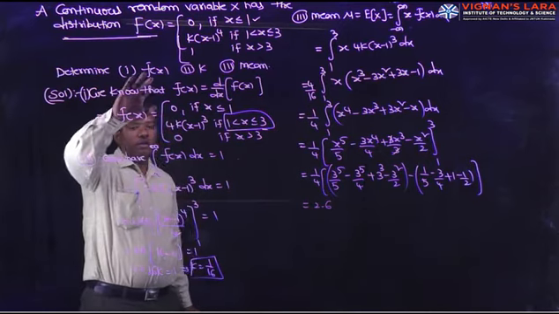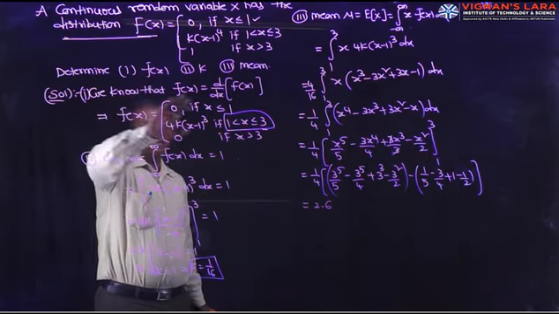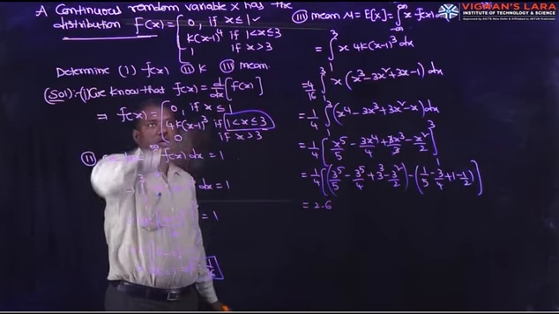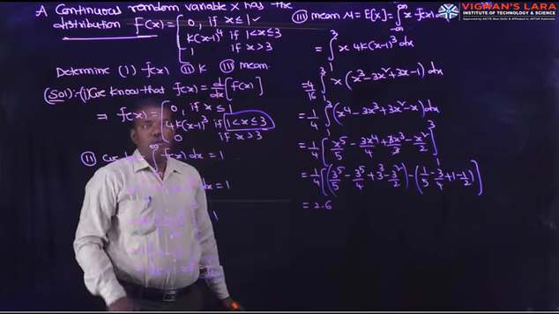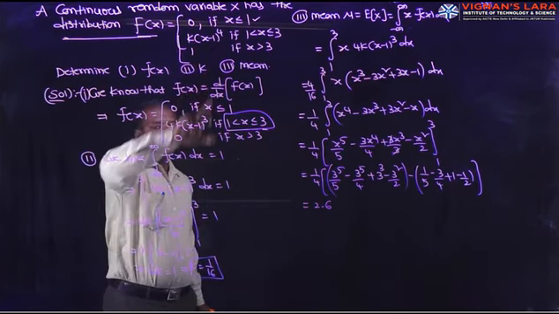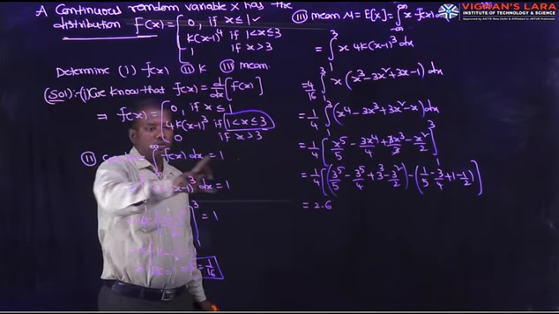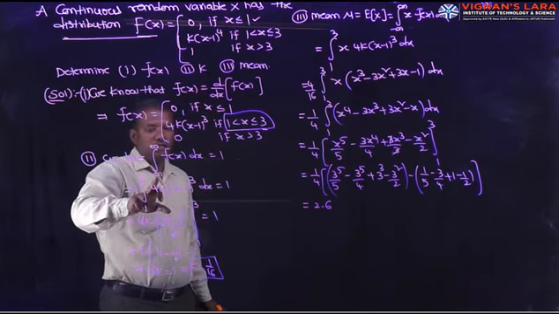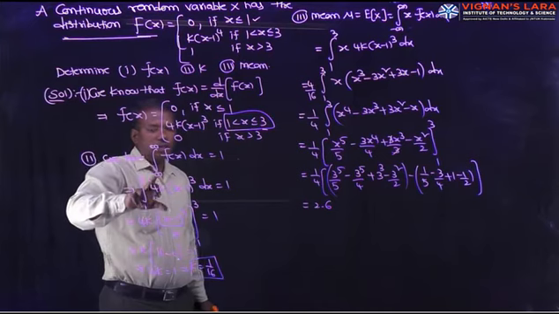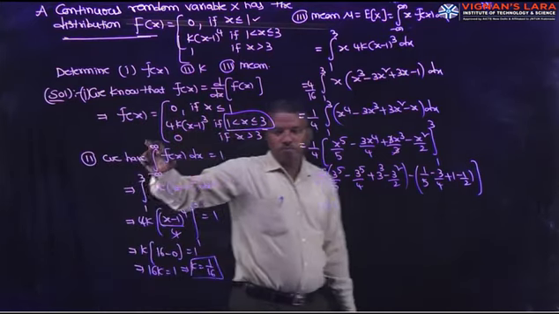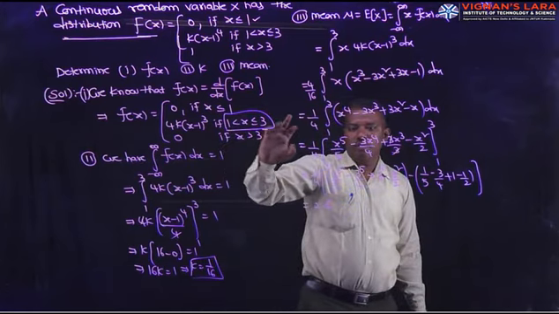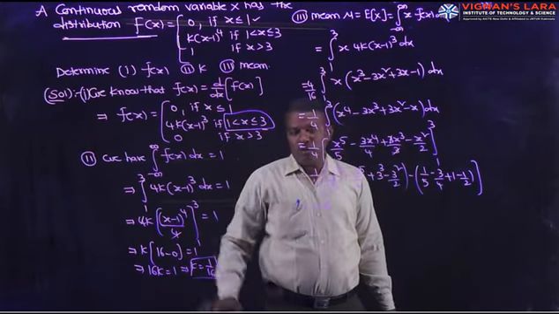So what is the value of f of x? It is the derivative of capital F of x. So apply differentiation to this one, and we get the small f of x. How to calculate the k? We know the total area is equal to 1 between minus infinity and plus infinity. Minus infinity represents the lower limit, plus infinity represents the upper limit. Here the lower limit is 1, the upper limit is 3, and integrating, we get the value of k.